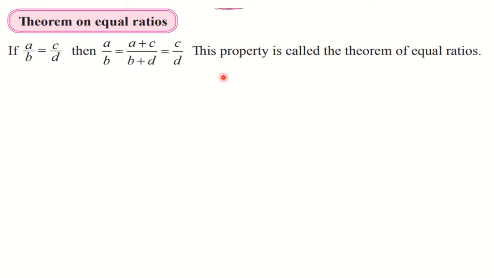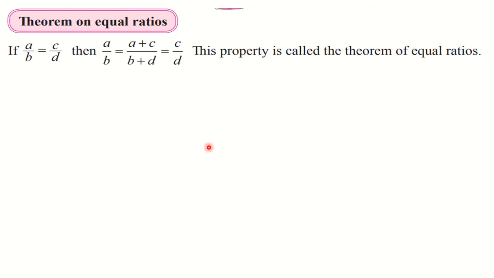Okay, so this property is called the theorem on equal ratios. First this is given in the simplified form, only for two ratios, but this property is applicable for n number of ratios. You can have n number of ratios, and then also you can add all the numerators in the numerator and denominators in the denominator. Also, you know the property of equal ratios, that we can multiply and divide the ratio by the same non-zero number and the ratio remains the same. So even after multiplying this ratio and adding, it is going to remain the same.